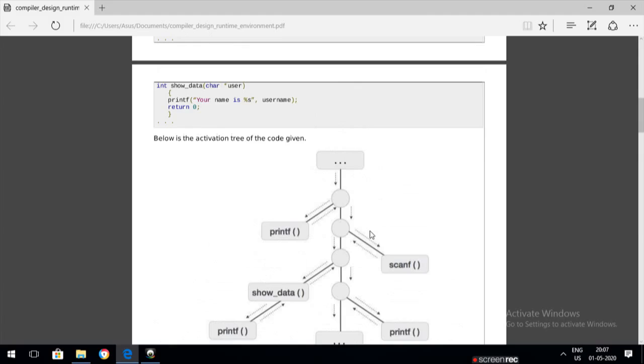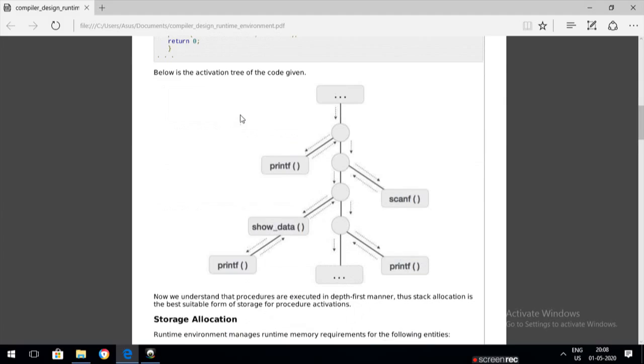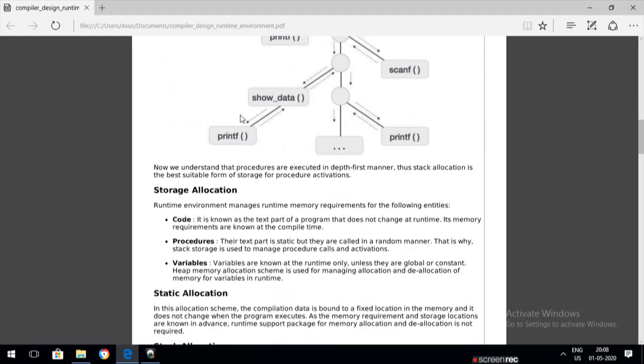So when it's called, I'm using printf enter your name, so that will be executed first. After getting the input value, it will call the procedure show data username by passing the parameter. Then it will execute this printf statement, and afterwards this printf statement. That's how your activation tree plays a control role in how it will manage your stack.